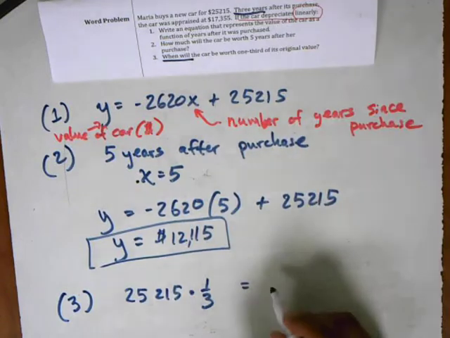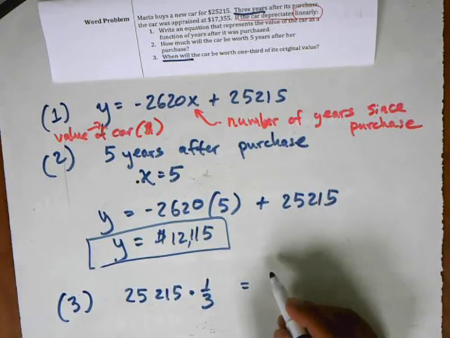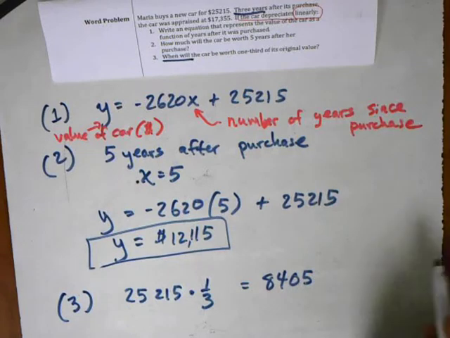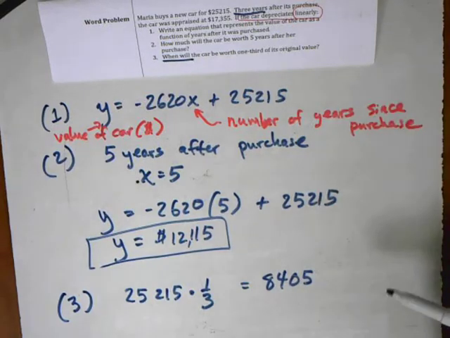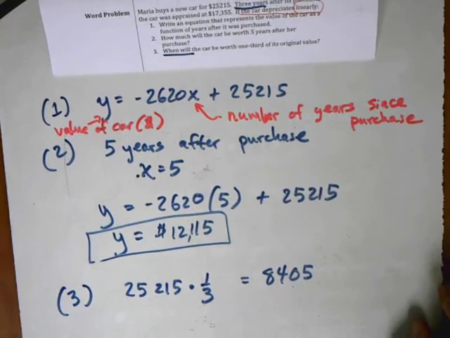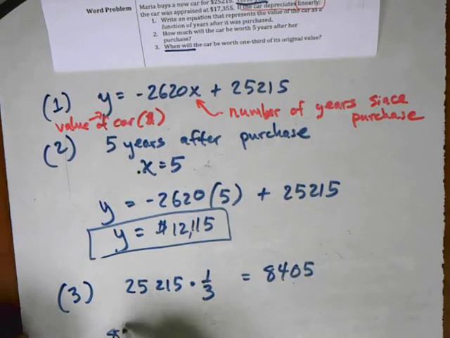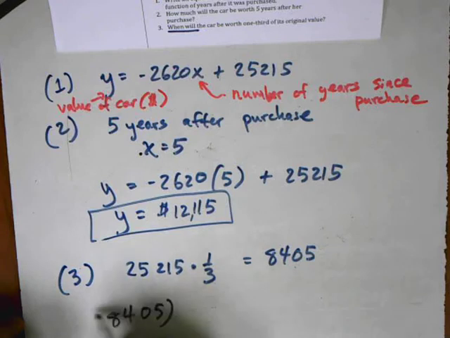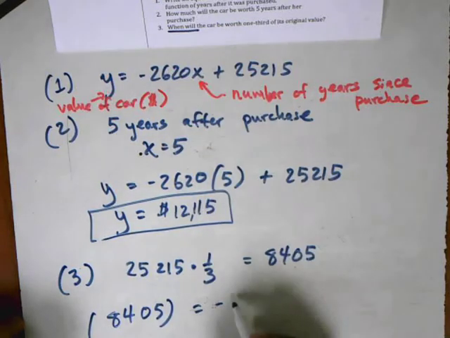So that's going to be $8,405. So it's asking how much time is going to go by before the car is worth $8,405. So we can take this number and just substitute it into the value for y using our original equation here